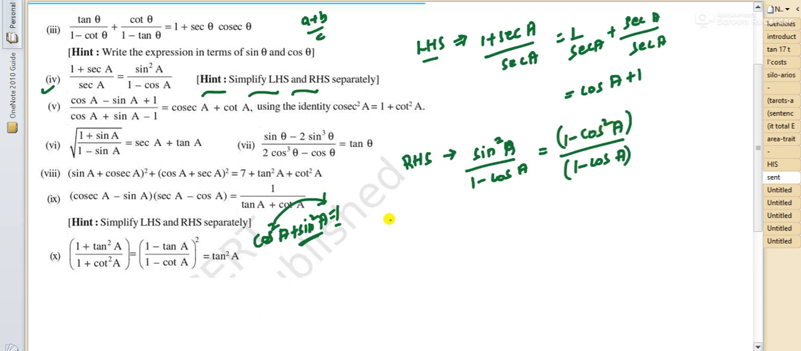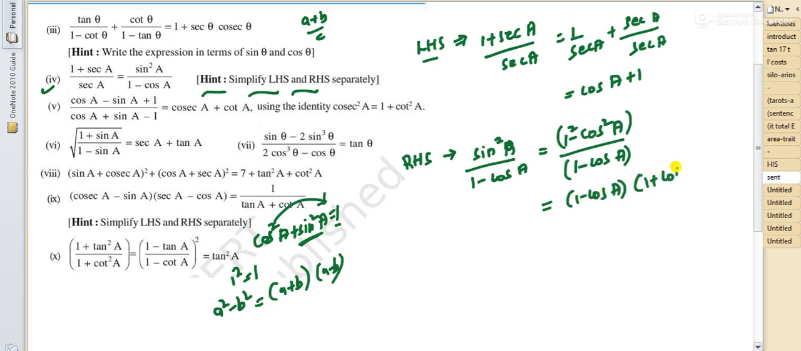Now, if you see this, can I write this as 1 square? Yes, it can be written because 1 square is 1. Now, what is the A square minus B square formula? It is (A plus B) into (A minus B). So this becomes (1 minus cos A) into (1 plus cos A) divided by (1 minus cos A). So if you see, this and this are the same, so they will get cancelled and you will get 1 plus